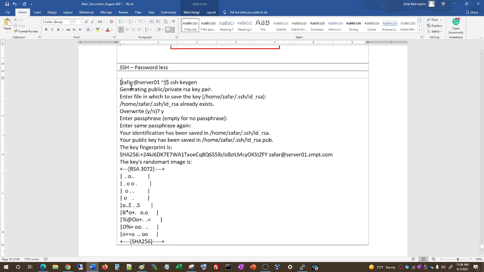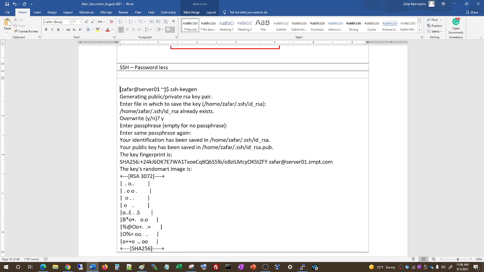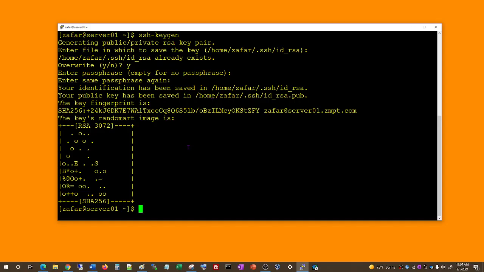So the command is ssh-keygen. We created a keychain, okay? We created a keychain, and what it is, it's going to be an alphanumeric number. So everybody, if you do this here,